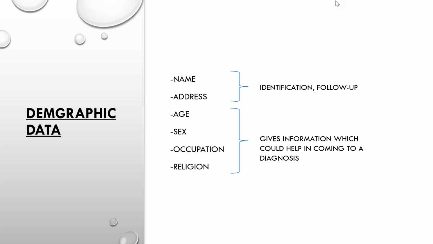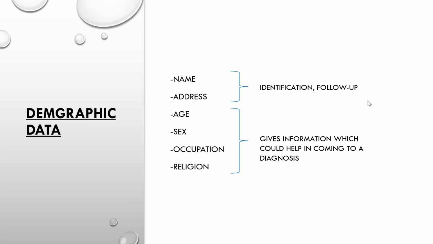Then in a young adult, if it's a unilateral cataract, for example only in one eye, then the most common cause would probably be a trauma that the patient has suffered. Then, if you come to the elderly population, the most common would be a senile cataract, right? So age is a very, very important data. It can give you a lot of information. It can help you reach your diagnosis and rule out certain etiologies just on the basis of the age.